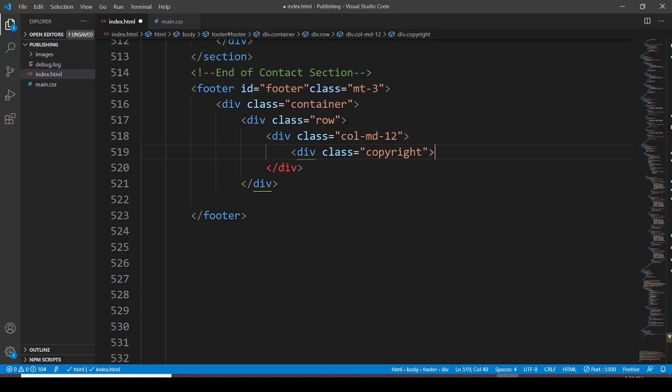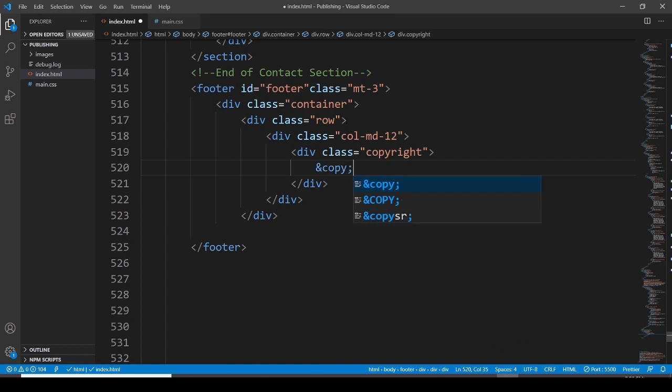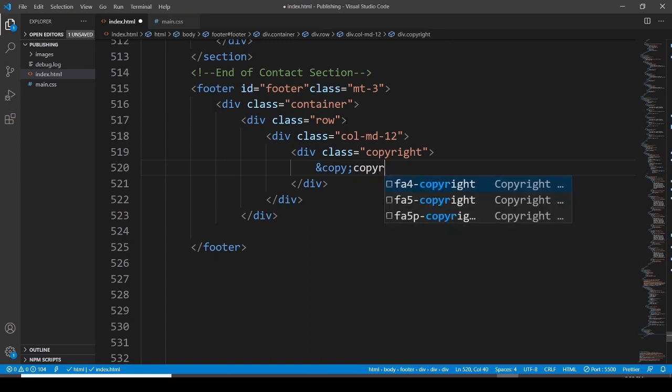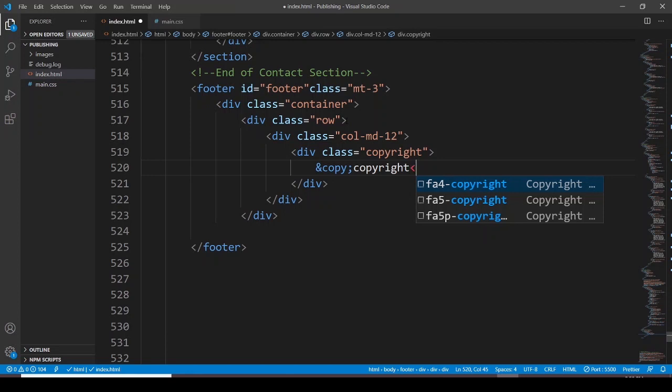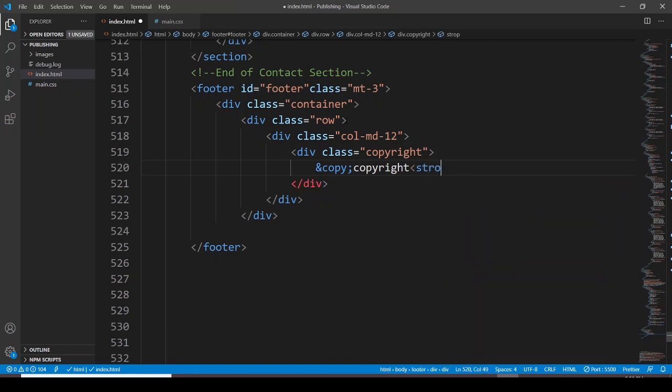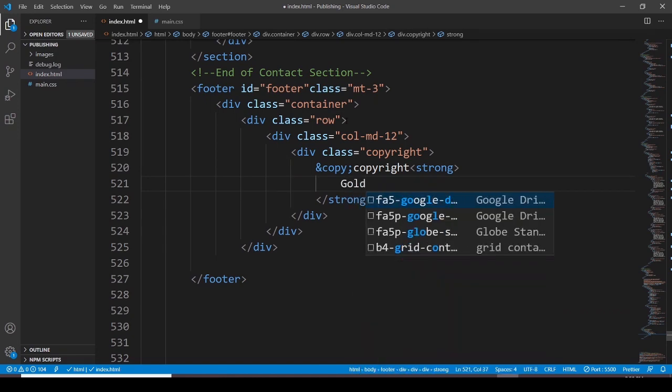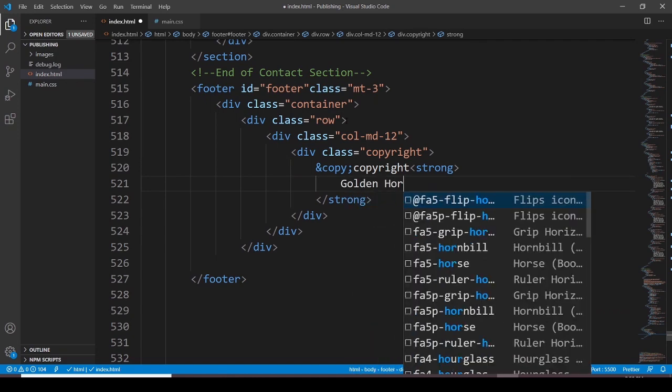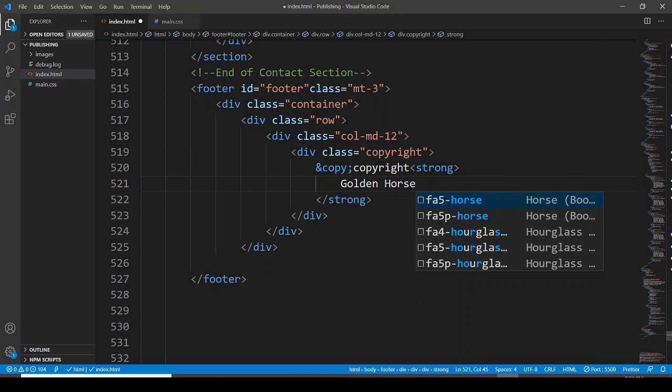Okay, and then let's use ampersand copy semicolon for the copyright sign, and here it is going to be copyright, and then we have to use a strong element, and this strong element is going to be golden horse, and then we have to say that,